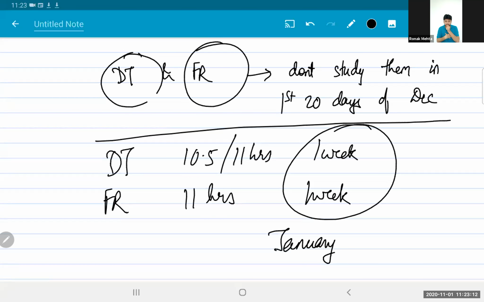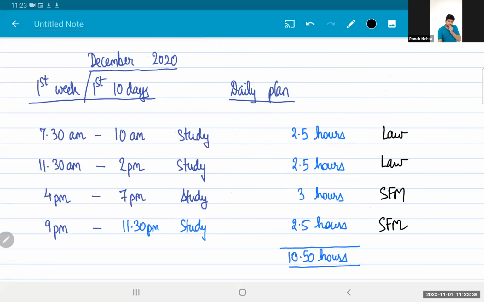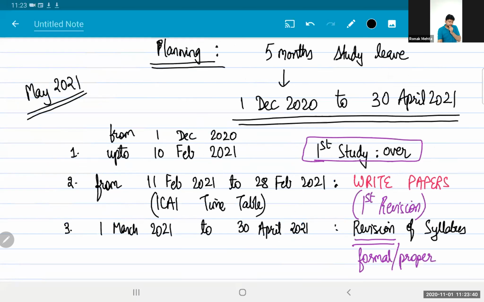Again, something that I feel. You can probably start FR, study 2 days of FR continuously, and if you get tired, you can still retweak your plan. FR के साथ कोई छोटा सा theory ले लो and study in combination. It's your choice. At the end of the day, it is your comfort. All this is just suggestion. If you are unable to execute this because you feel it's too much for you, you can change it as per your comfort. Try and ensure that you do that level of planning कि by 10th February तक syllabus हो जाना चाहिए.